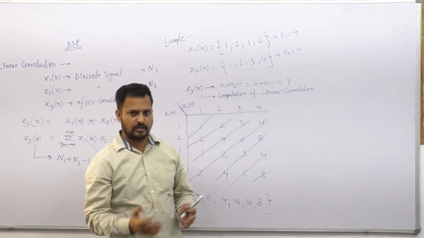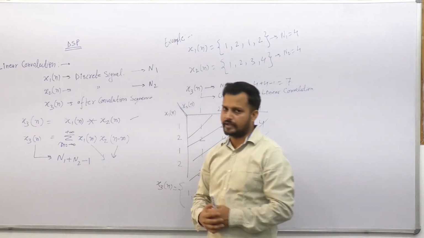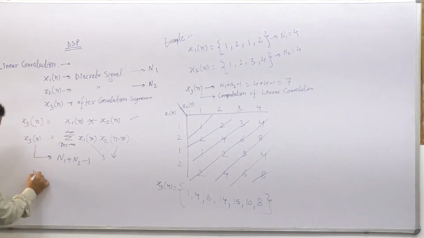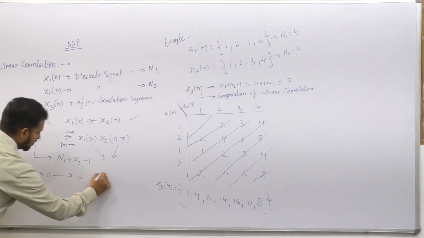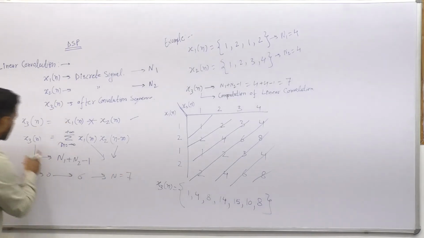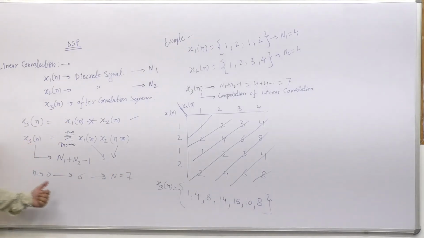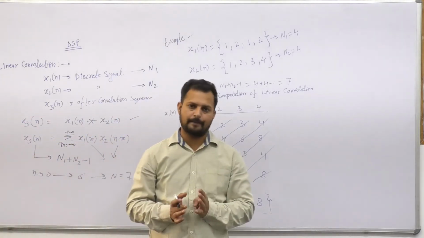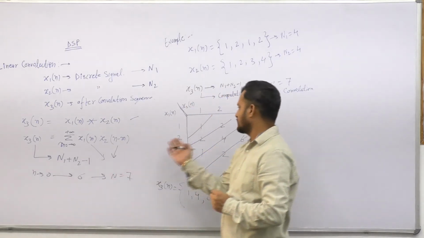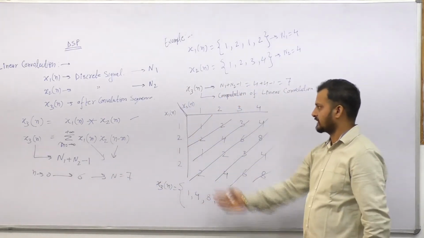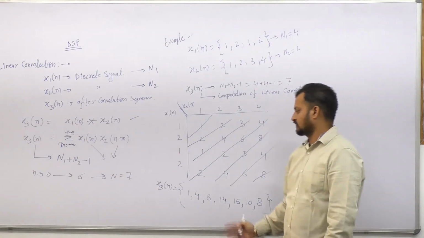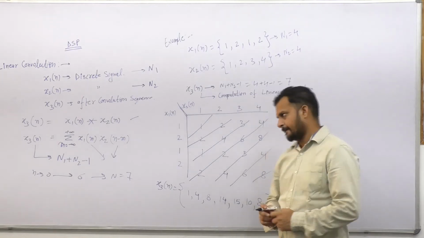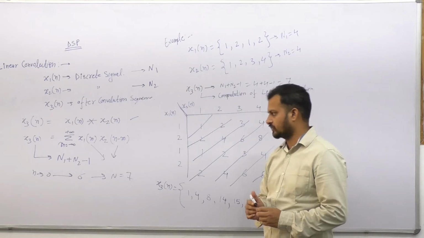If we talk about the analytical method, we will apply the values over here, and we are aware that the final value of n will move from 0 to 6, then total count of n is equal to 7. So we will apply n equals 0, n equals 1 up to the 6 value, right? So 0 to 6 means total 7 values will come, and we will get the same values as we have received with the help of this method, right? So this is one way of doing the computation of the linear convolution of two sequences, right?